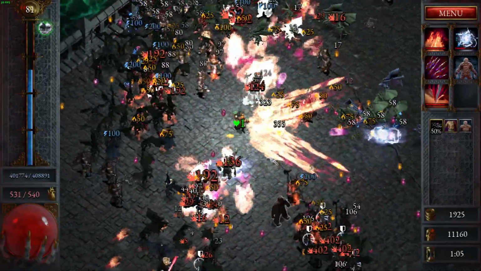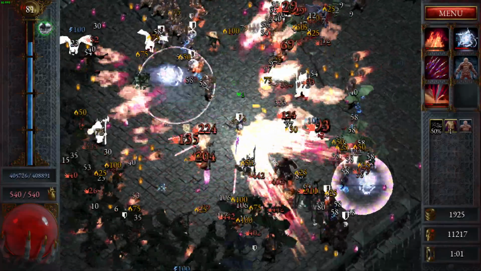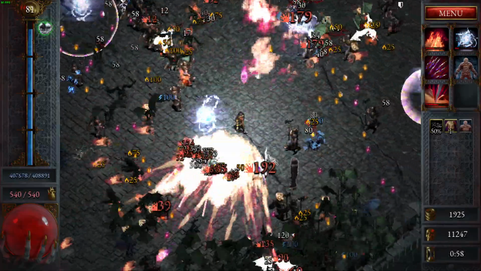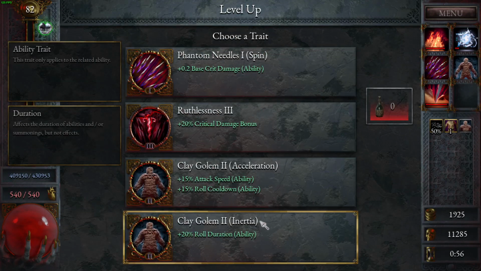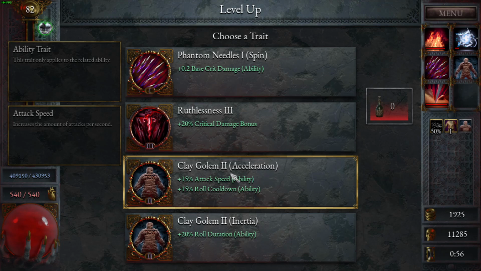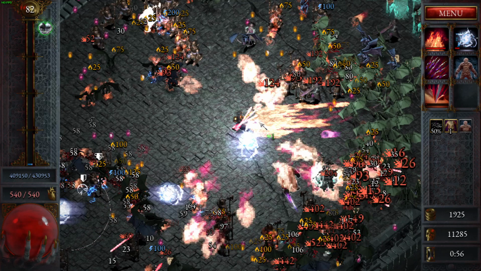Hopefully we can survive this last onslaught. Oh, there's actually guys shooting at me. That's why I'm taking some damage. Just stay moving a little bit. I guess I don't get the fire damage unless I could get another skill upgrade, which I don't think is going to happen, so...